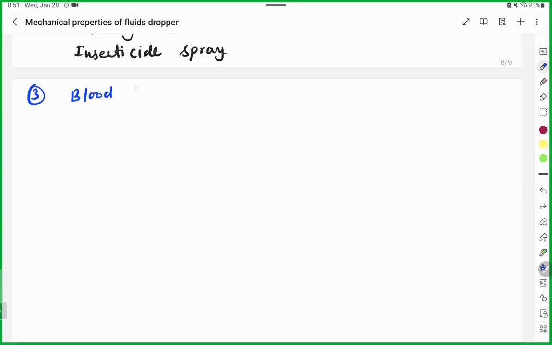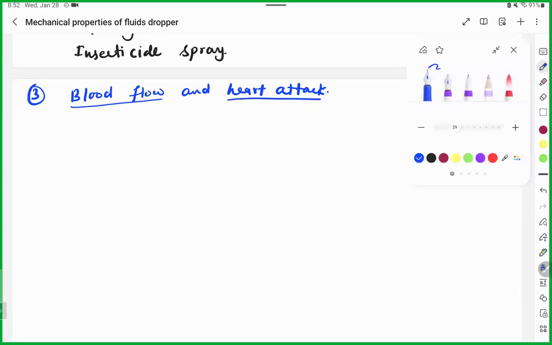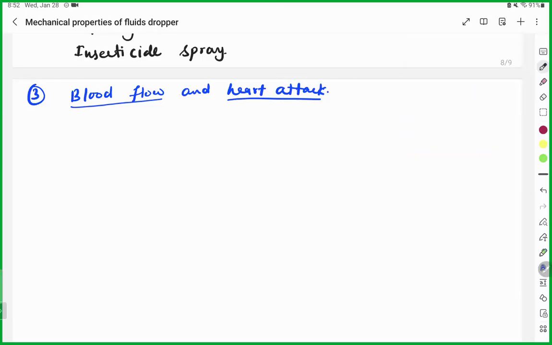Blood, heart attack. So why does a heart attack happen during the blood flow process, and what is the role? For example, if there is a plaque accumulation in the blood vessel,